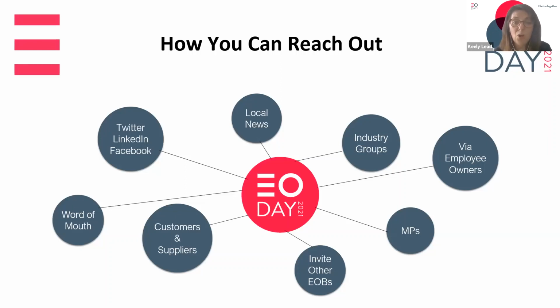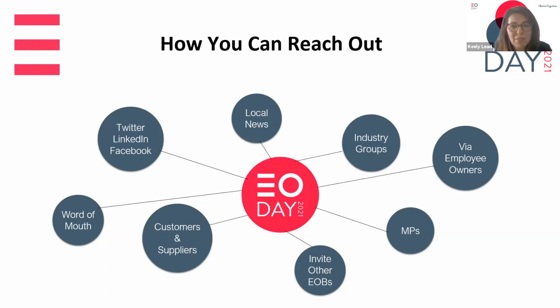You could hook up with one of your fellow employee-owned businesses. You can, from the network, share ideas. And that's a great thing to do. I know Ross is going to talk later about how we're going to do a matching service. If you want to meet up with an EO business, we will provide a matching service for you to do that on EO Day. So talking about your customers and suppliers, you might not want to join them in, but you might want to send them some information. If you want some ideas on that, again, get in touch.